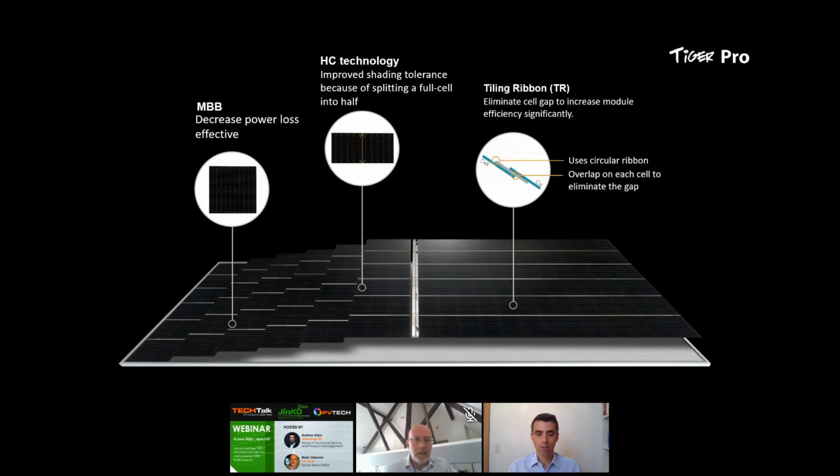And the real innovation, the real change in the Tiger and Tiger Pro technology and module series is the tiling ribbon solution, which increases the module efficiency by reducing the gaps between cells, increasing the packing density, the packing factor, and the power density in a module. It is also combined with multi-busbar interconnection of cells, which is not only reliable but also increases the low light performance of PV modules in the field. The fact that we use mono-PERC technology for cells is also a nice transition towards bifacial, because that's also something that we can implement